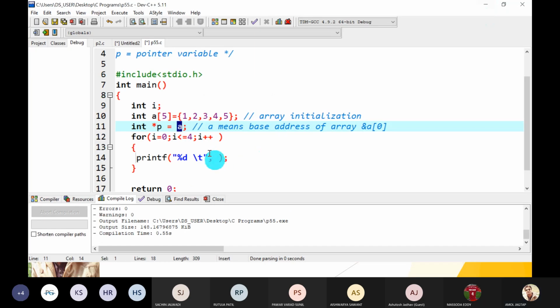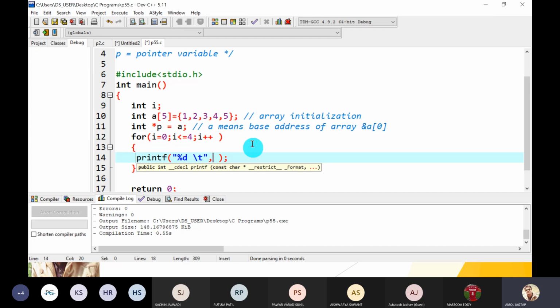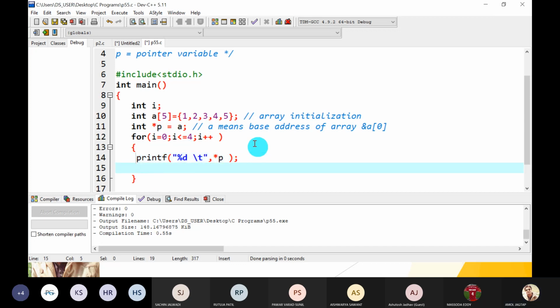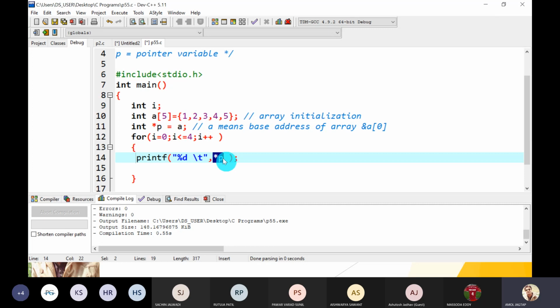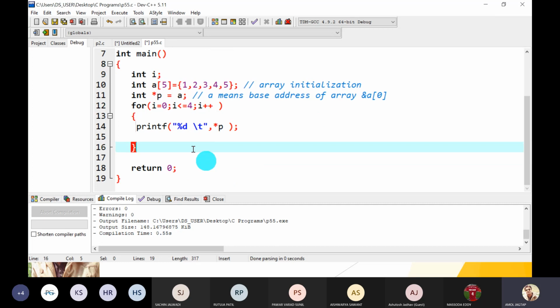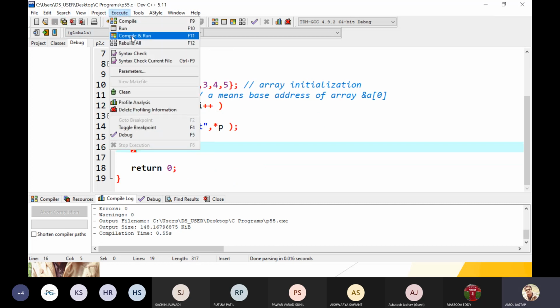Great. Guys, understand? Now we have to display the array elements using pointers. So just use *p. What is the meaning of *p? The value at that address location. What is the address inside p? 200 now. And what value does it store? Suppose 1, the first element. So 1 gets displayed here. Is it okay? Just compile and run.